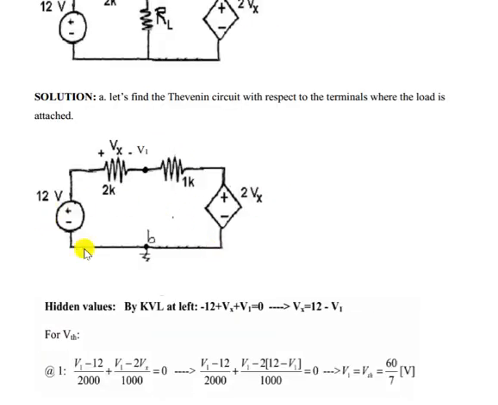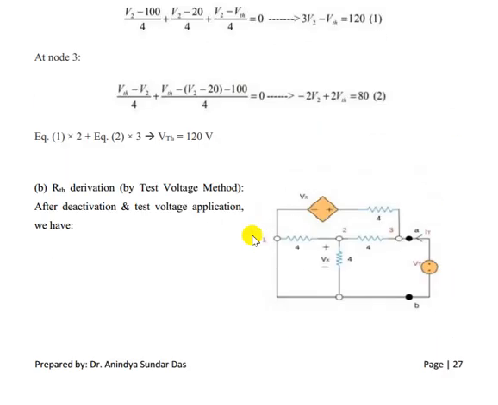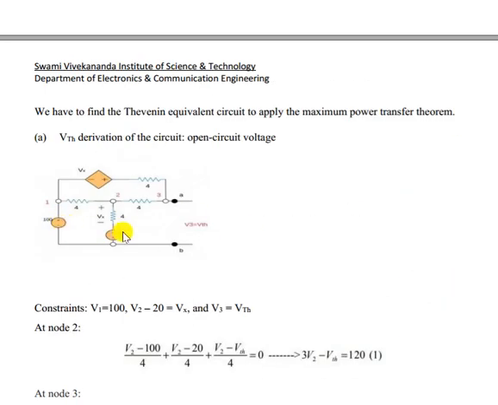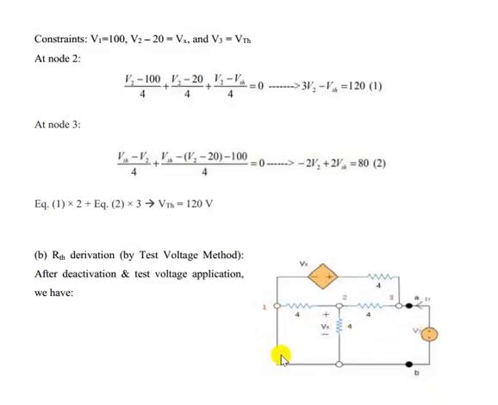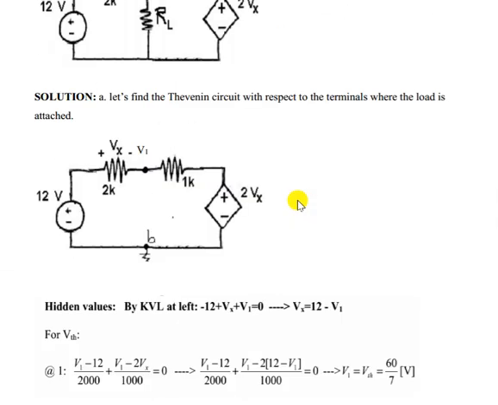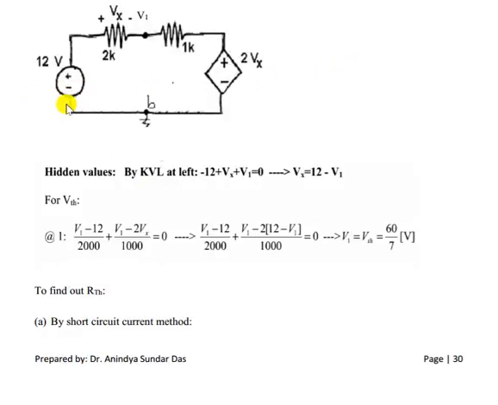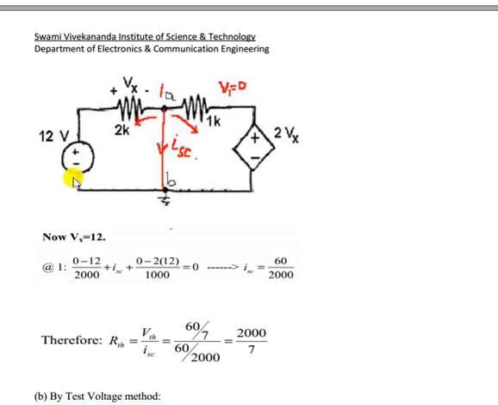For the short circuit method, we don't have to deactivate the independent sources. Okay. Now see here, there is an independent source. When we are applying the test voltage method, we are deactivating that. So remember, for the test voltage method or test current method, we have to deactivate the independent sources. Dependent sources will be kept intact. And for the short circuit method, after open circuiting, we make it short circuit and find the short circuit current. For that, we don't have to change anything in the circuit. Voltage sources or current sources are kept intact.